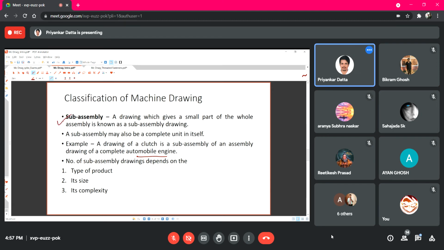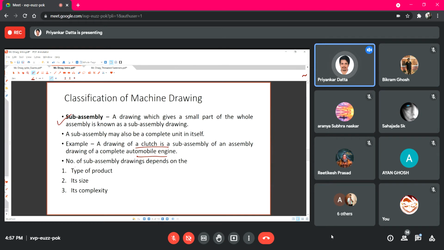For large drawings, generally each component assembly is taken out and drawn as a sub assembly. So for this automobile engine, say the clutch arrangement is drawn as a sub assembly, and how it can be attached to the original or complete engine, that connectivity is shown in a different way. So sub assembly drawing comes into the picture to show each and every detailed assembled smaller component of a large final machine or final component, right?